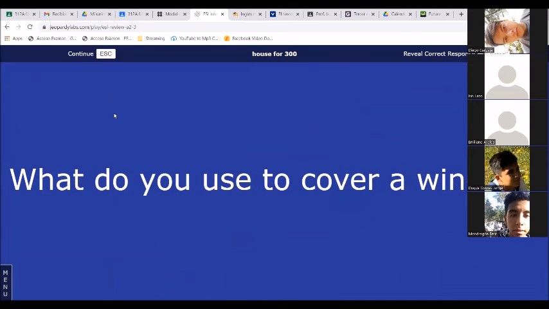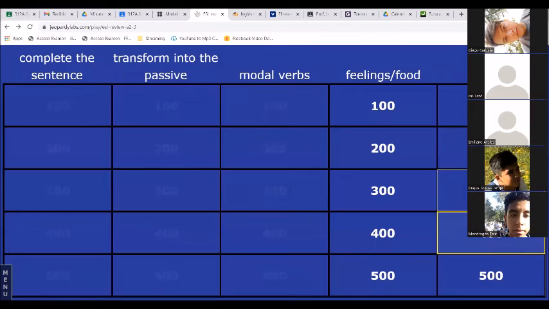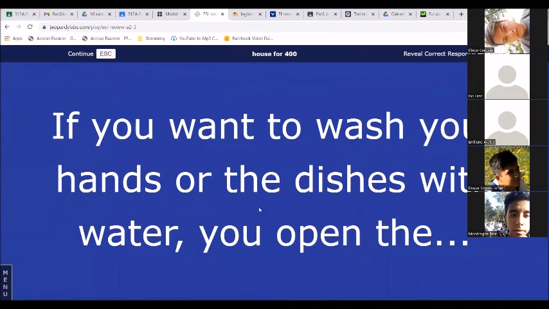All right, back to you, Emiliano. What do you use to cover your window? What do you use to cover windows? Curtain, correct. All right, let's keep going. Diego, you need to wash your hands or the dishes.